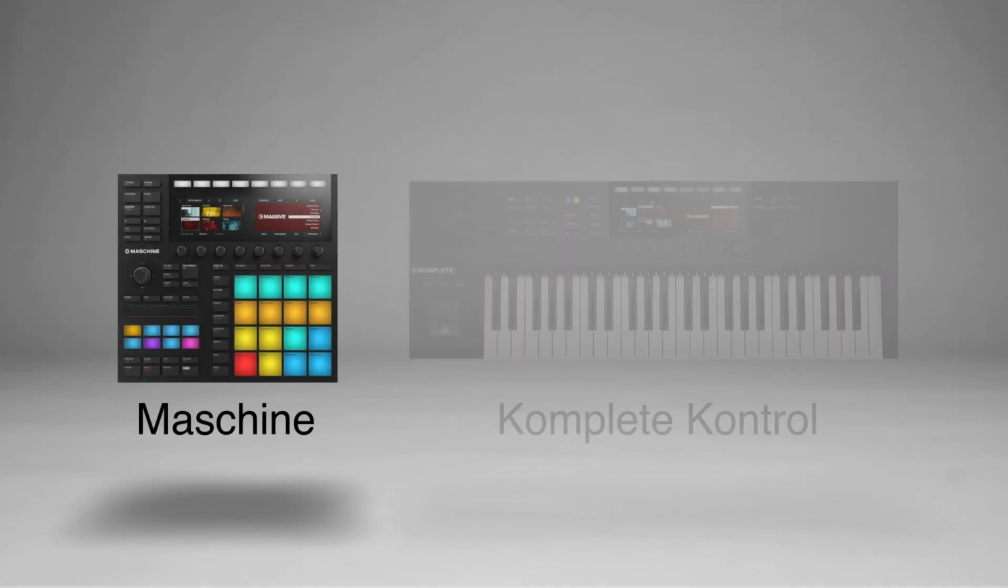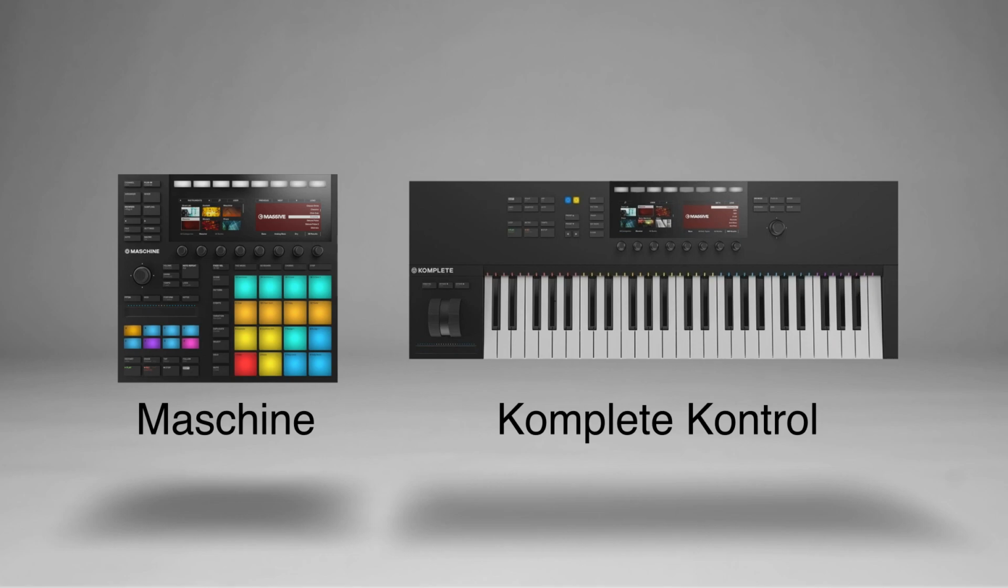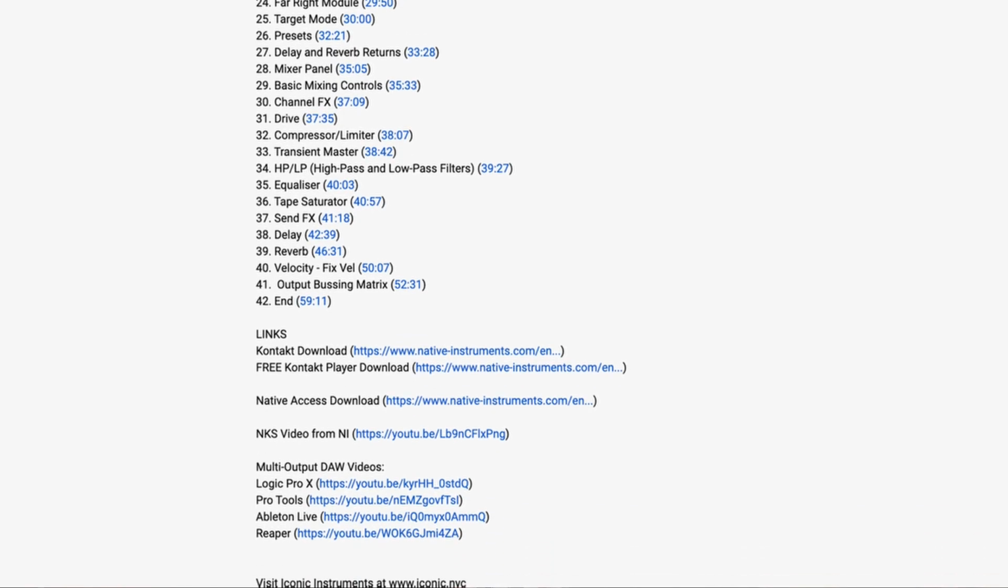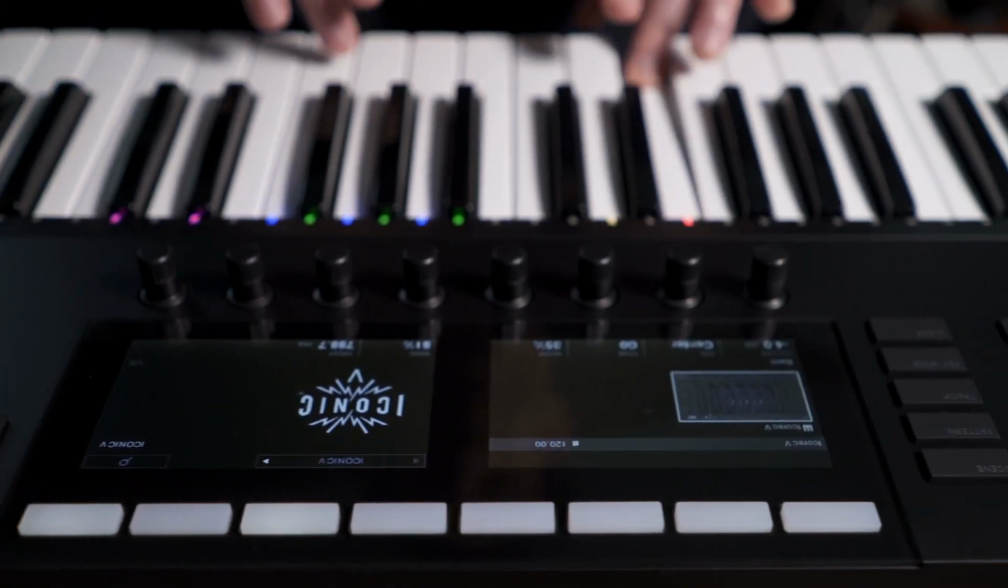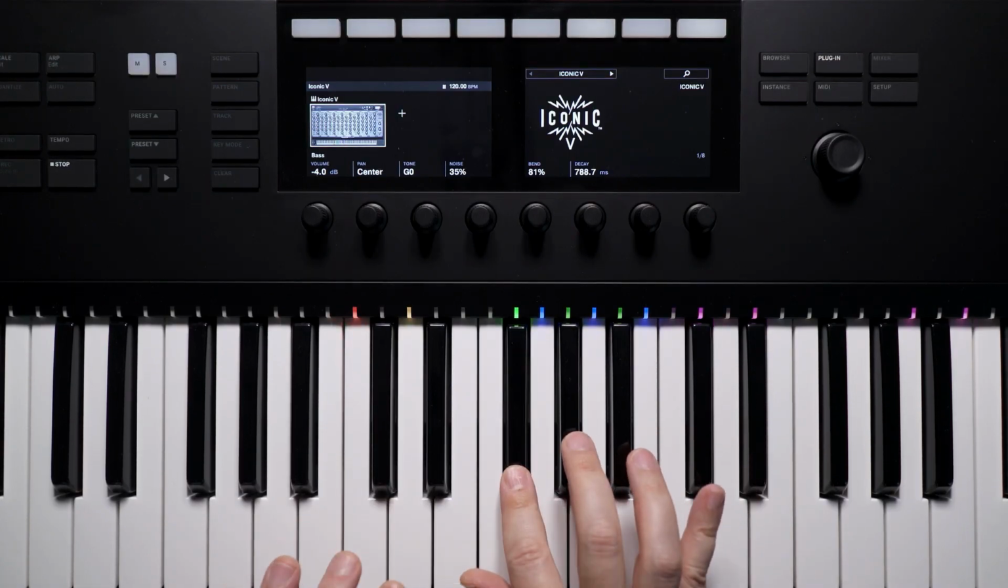The Iconic 5 is NKS-ready and fully integrated with your Native Instruments Machina and Complete Control Studio Controller keyboards. Native Instruments has done a comprehensive video on how to navigate NKS in your productions. Click the link below in the description of this video to view the Native Instruments tutorial on NKS. But here we'll just give you a basic overview to help you get the Iconic 5 up and running with